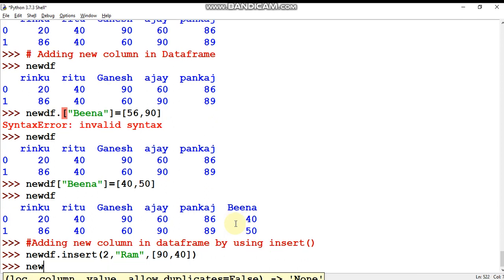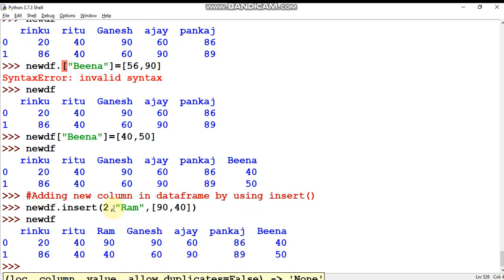Now I have added the Ram column at index 2. So the Ram column will appear at 0, 1, 2, which means in the place of Ganesh the Ram column will be there, and Ganesh will be shifted to the right side.